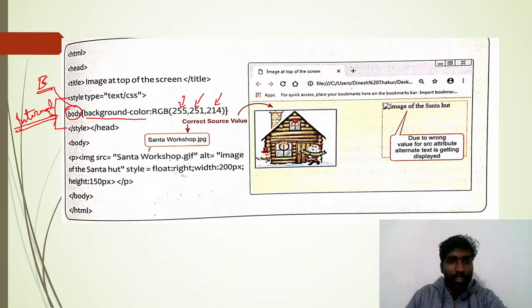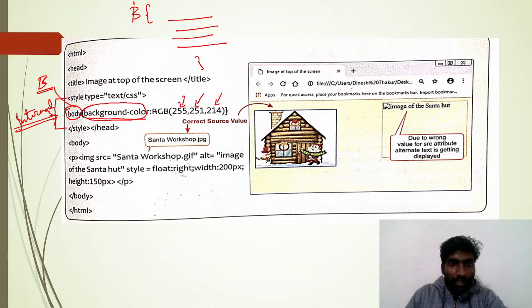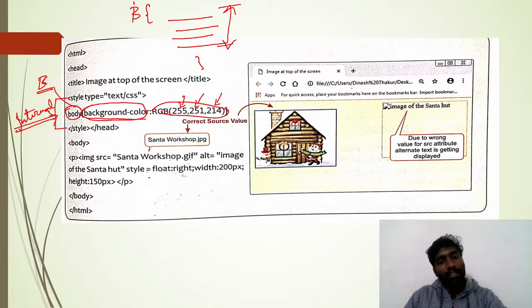Open bracket and close bracket. Now what do we mention here? Property and value. This is a property and this is a value. Whenever I use the B tag inside the body, all the format we mentioned here will apply. That is the use of CSS. Only once we can mention.